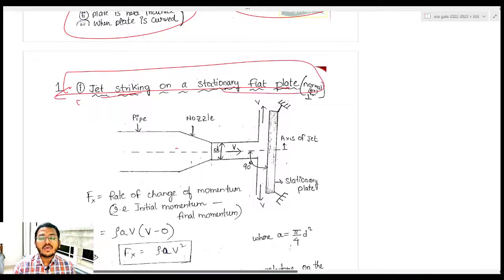Obviously when I am talking about a stationary flat plate, let me make it very clear. The water jet is coming and striking it normal to it. Now use your common sense. Many students get confused in this simple logic. What they say is, sir, water will come and hit the plate. So when the water is coming and hitting the plate, obviously it will fall down, right? It will not go up against the gravity. That's common sense. So sir, in this diagram